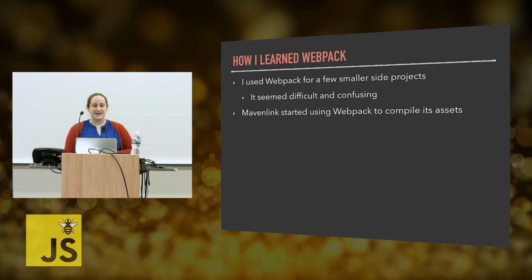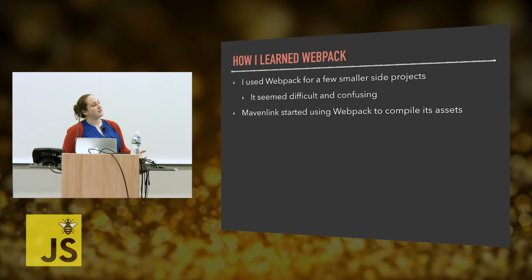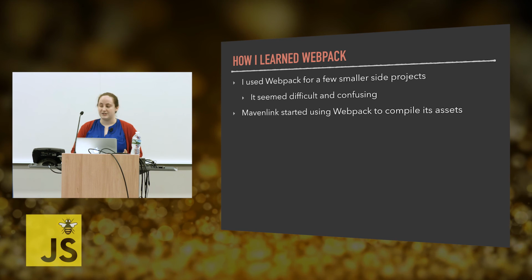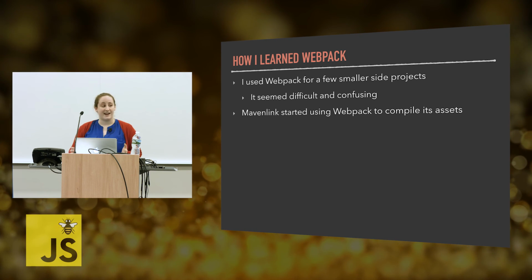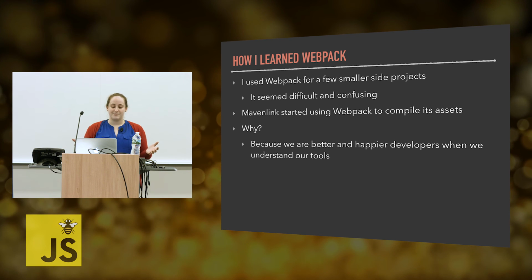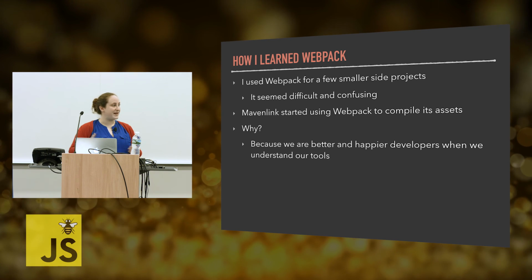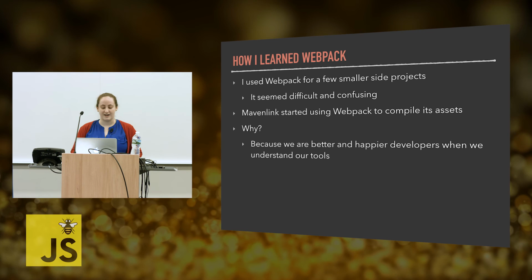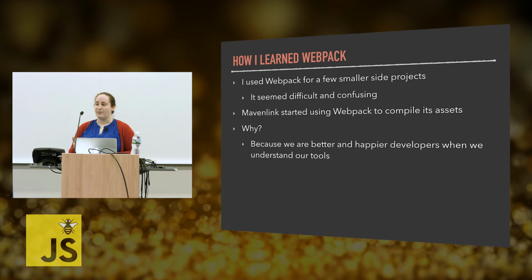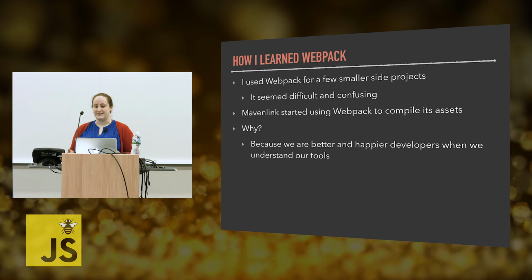And I found a ton of stuff on how to set up my config file, but not really very much on what it was actually doing. So I started doing some research, and today I want to share with you what I've learned. And I want to do this because I think that we're all better and happier developers when we understand our tools. So the idea here is going to be to demystify what Webpack is doing when it creates an asset,